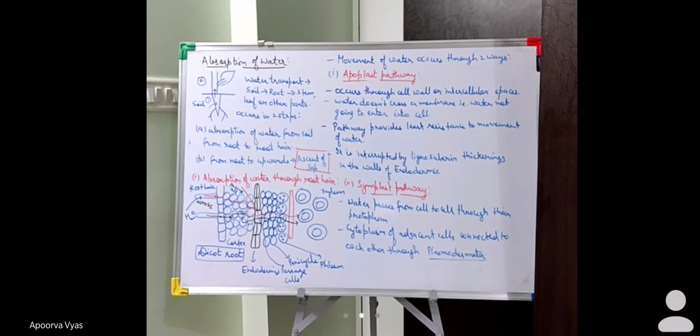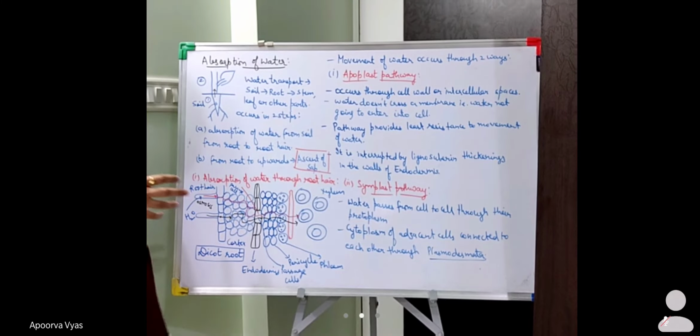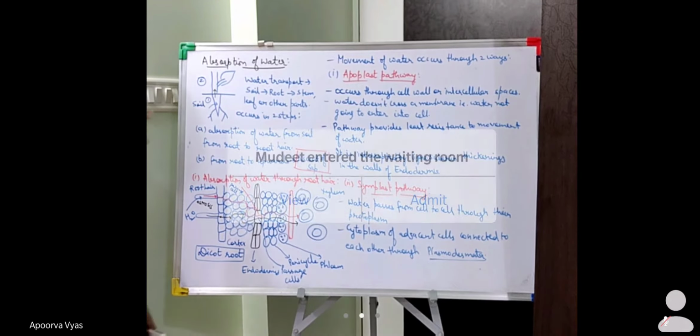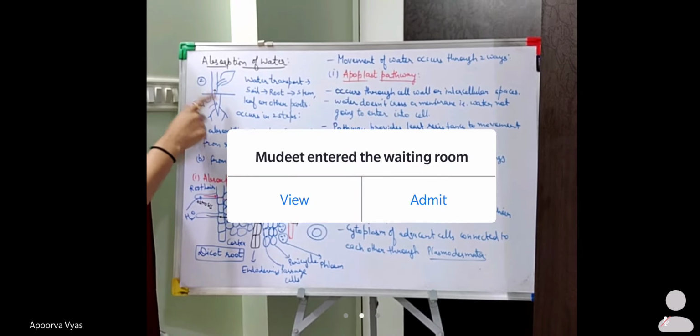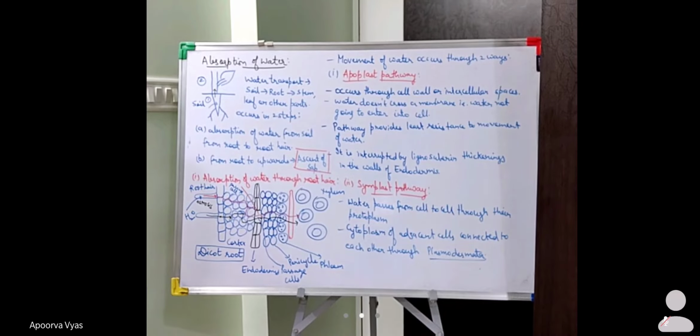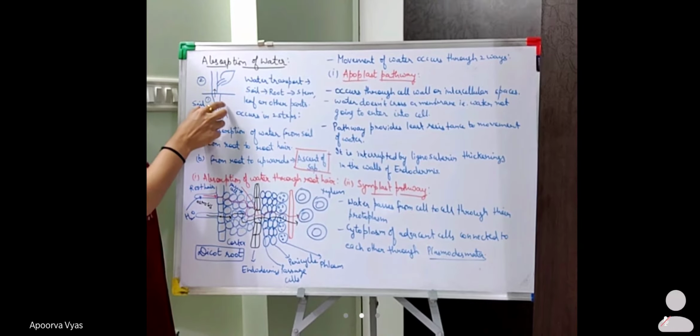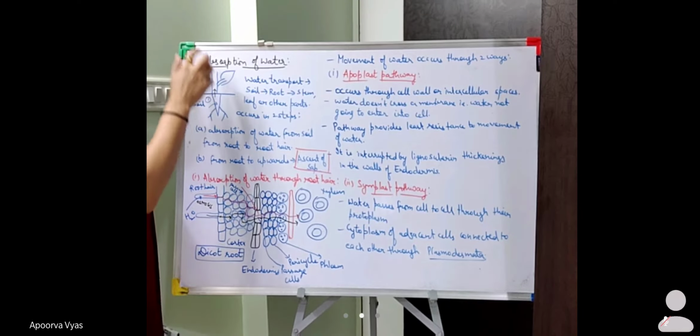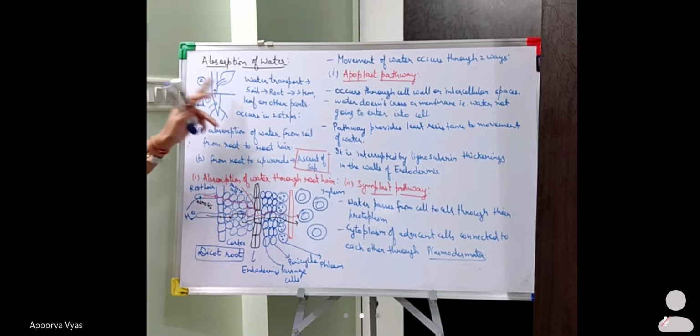Achha, okay. See, what are we talking about here? We are basically talking about the mechanism of absorption of water. How is the water absorbed through the root? Basically the absorption of water occurs in two steps. First step is that the water is absorbed from the soil. After being absorbed from the soil, this water has to move through the root to the other parts of the plant. Okay, so these are the two steps.